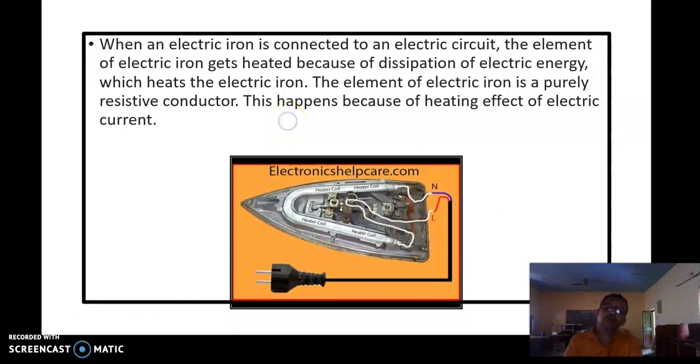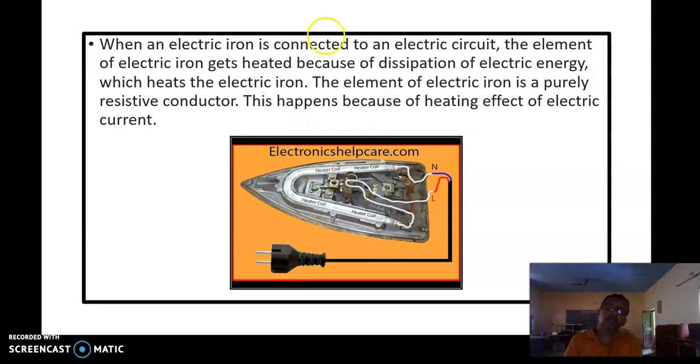Here nichrome, observe, this is also a coil. The metal used here is an alloy. Why is an alloy used? Because you know that metals are good conductors of heat, but alloys are bad conductors, their resistance is high, and their melting point is also high. Therefore, alloys are used as the coil. So this is the electric iron box. This is also working on the basis of the heating effect of the electric current.